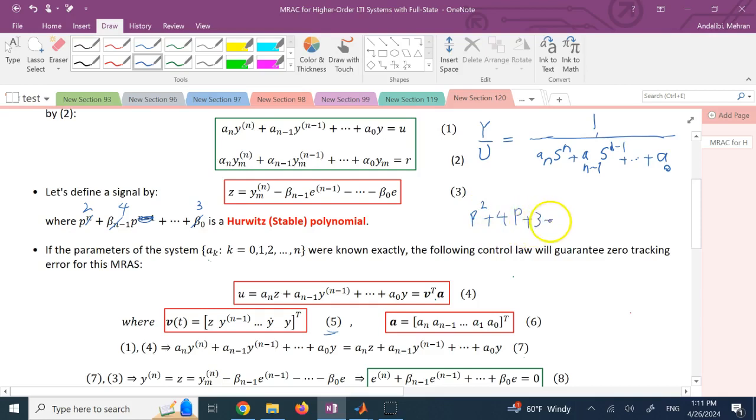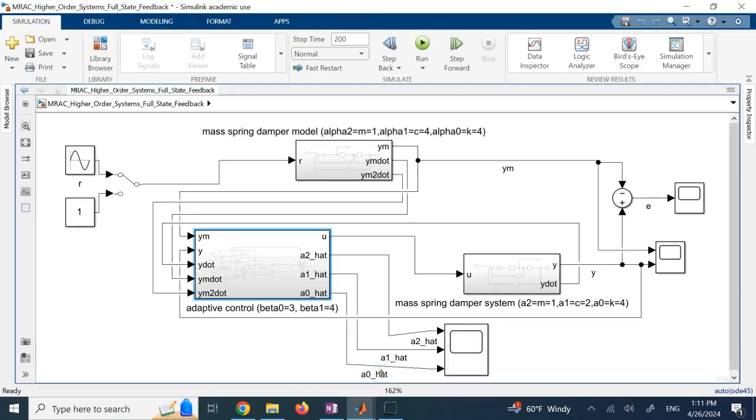And as you know, this is p plus 1 times p plus 3. Both of the roots are negative, and the system is stable, so that is a Horowitz polynomial. Okay? So going back,